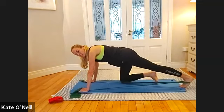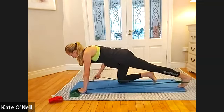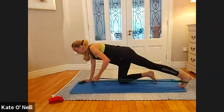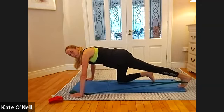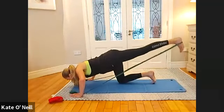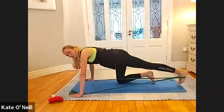Bring your toes down to the mat, okay? Keep your hands on the band. Okay, wider with your hands this time. And we're going to go for press ups. Lower down, lift that leg up. Bring the toes down for 10,